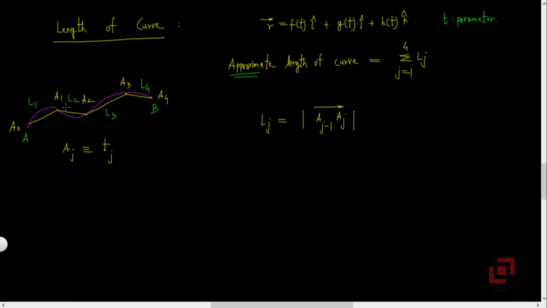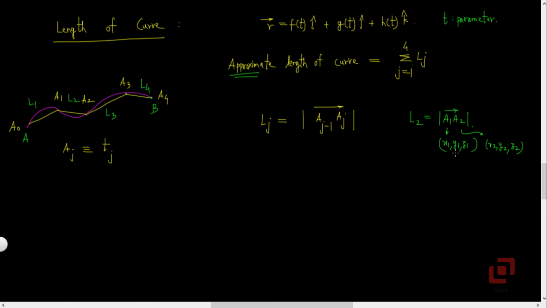For example, if we consider the segment A1A2, then L2 will be equal to the magnitude or length of the vector A1A2 bar. If we now let the coordinates of point A1 be (x1, y1, z1) and coordinates of A2 be (x2, y2, z2),